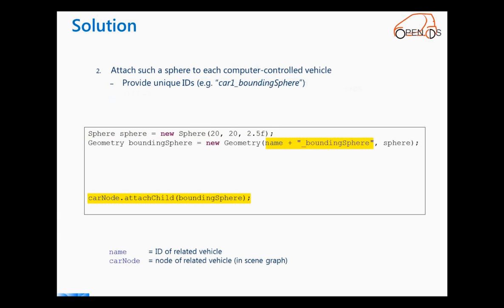So the second step, we attach this sphere that we have already created to the car. This is done in the last line that you can see here. And we provide a unique ID, which you can see here. To have something that we could add to our